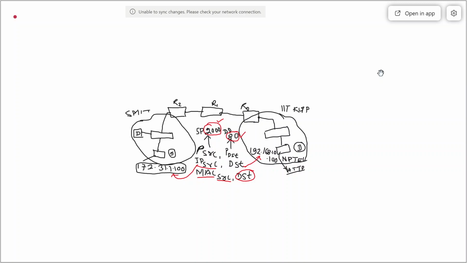So the source computer will run the ARP protocol to know the MAC address of the destination. But the problem here is that the destination is in another network. ARP will do a broadcast, and this broadcast will be forwarded to all the computers in the SMIT network.